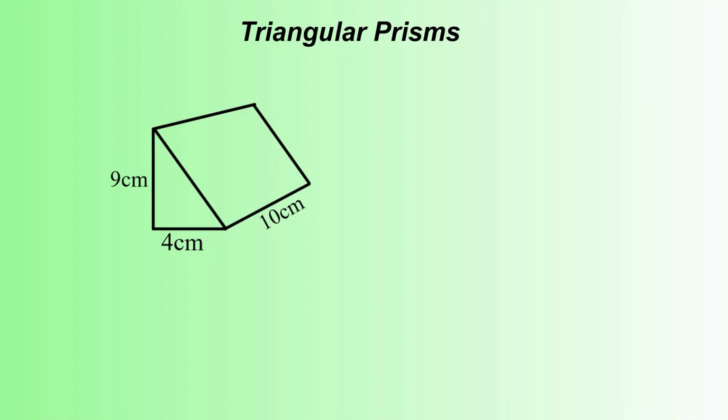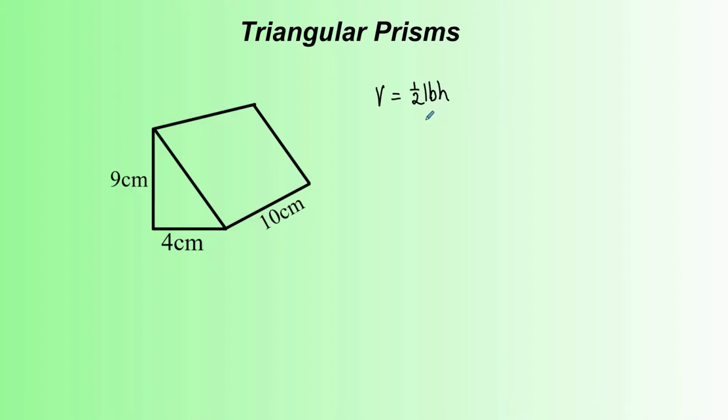Today we're going to be looking at how to find the volume of triangular prisms. Now triangular prisms, quite a straightforward shape. What you've got is basically just half of a cuboid. If you remember, the volume of a cuboid was length times breadth times height. If a triangular prism is half that, then the volume formula for a triangular prism is a half times length